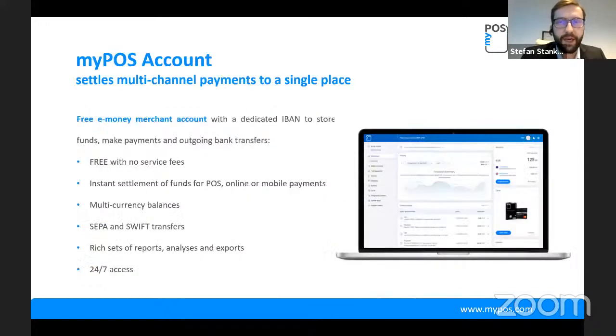Speaking of the MyPOS account, this gives you a dashboard that you can use to manage your business entirely in terms of financials. So there's nothing that you need to pay extra. You only pay as much as you use. You can control your terminals. You can control your payment gateway. You can control your cards. You can activate or block your terminals, or you can block your cards. If you lose a card, you can block it immediately, and you don't need to ask anyone to do it for you. You have full control.